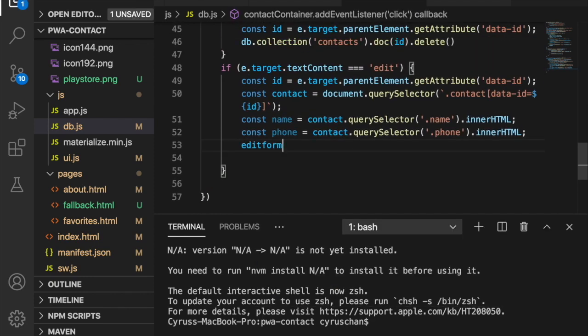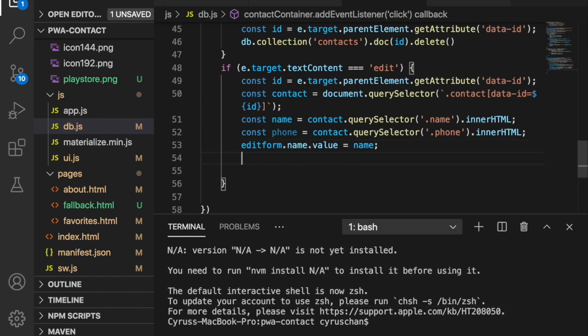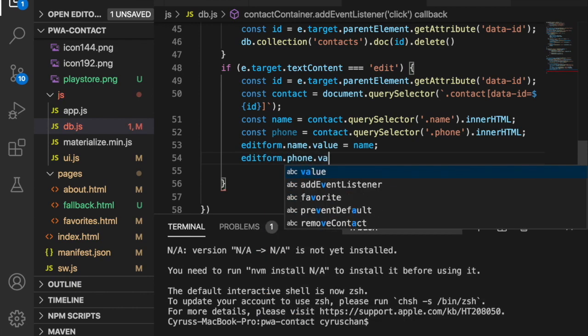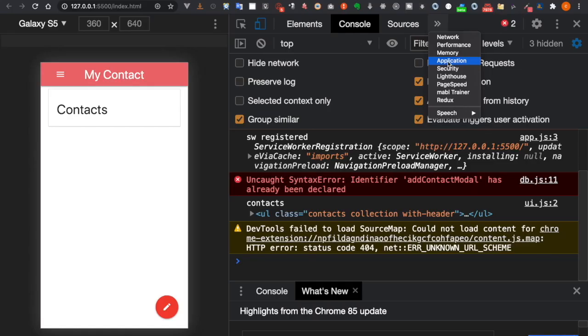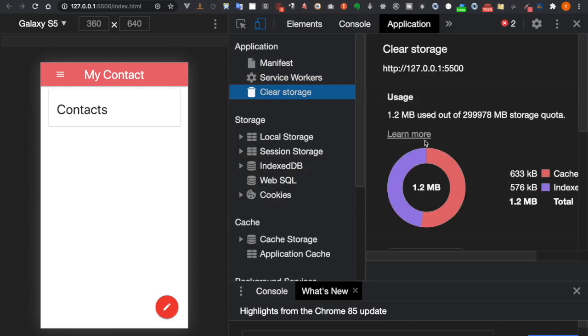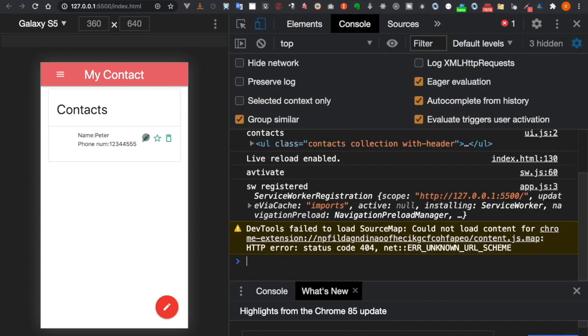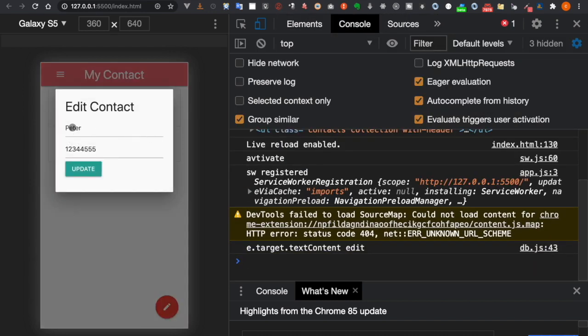So now we can use the edit form. So edit form dot name dot value is equal to the name, and the edit form dot phone dot value is equal to the phone. So we unregister the service worker and also clear the site data. So we refresh and go to edit. Now you see the values that we get from the list already put inside the form,